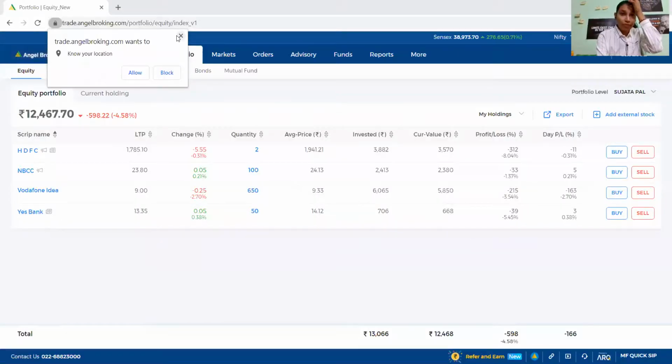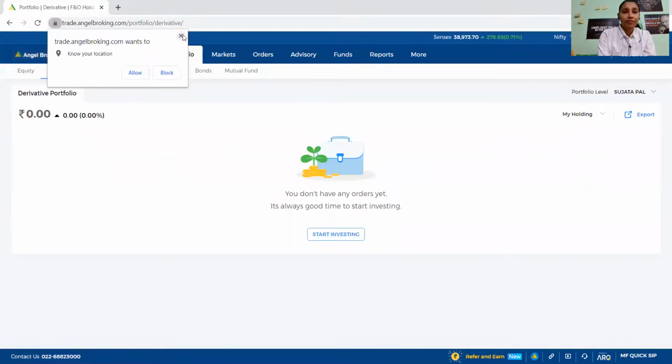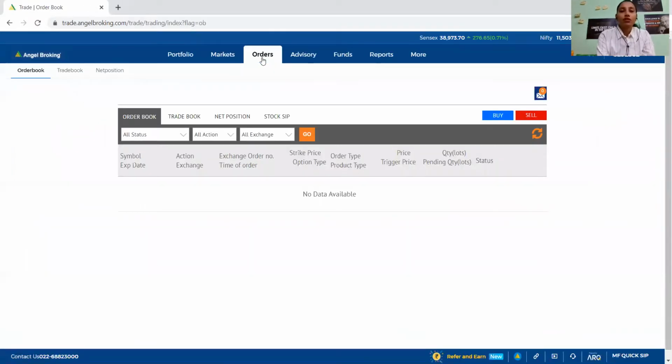Yeah, so I'm sharing my own demat account with you all. This is the Angel Broking demat account. I have opened it on the laptop. Many people keep asking the same question, like how to use this, and there's an option of orders over here. This is a laptop; on mobile you also get a similar configuration.